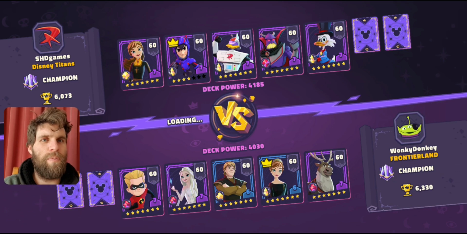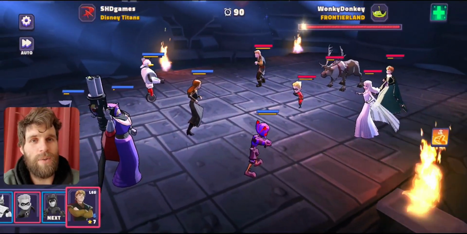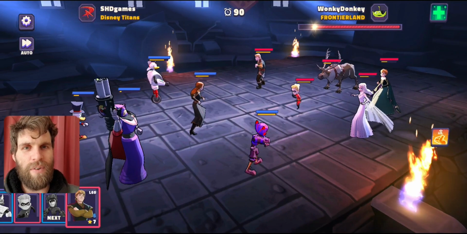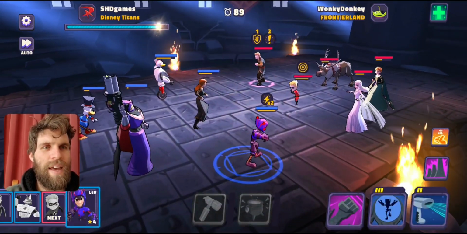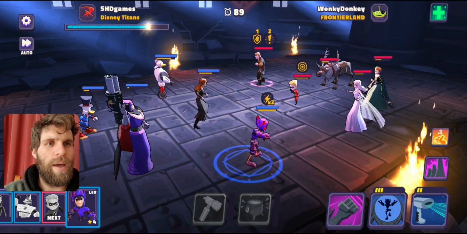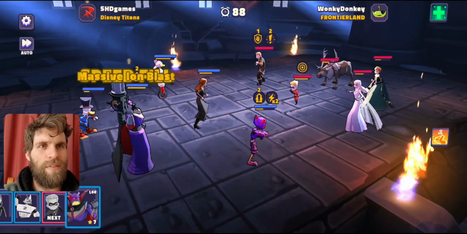Now, the one problem we are going to face here, hopefully Scrooge can get off and do his thing and really shine for me, because that is going to be important. What I am going to do here, I am going to give this over to Zurg, and I'm going to see if I can one-shot